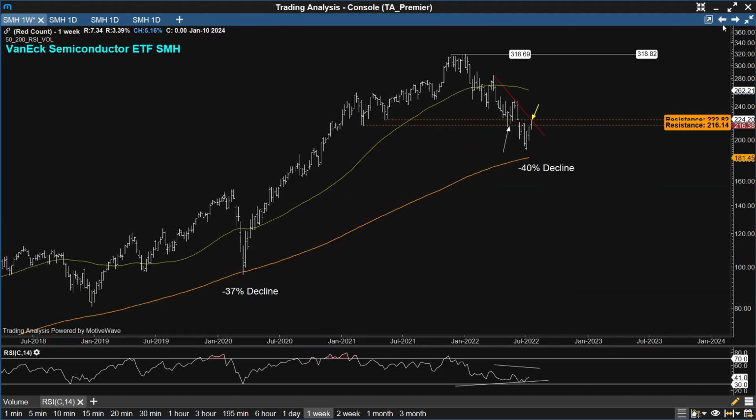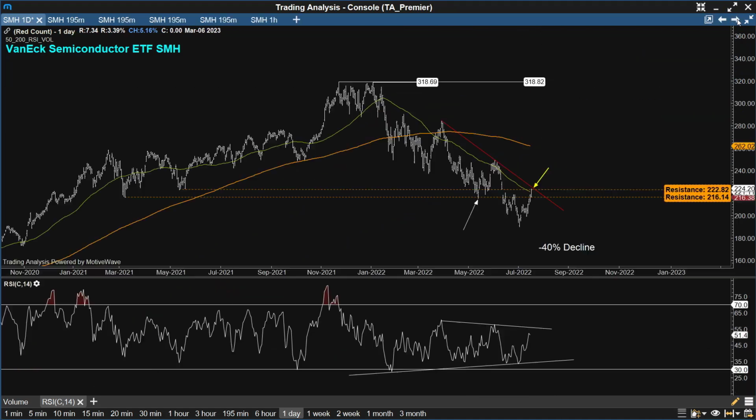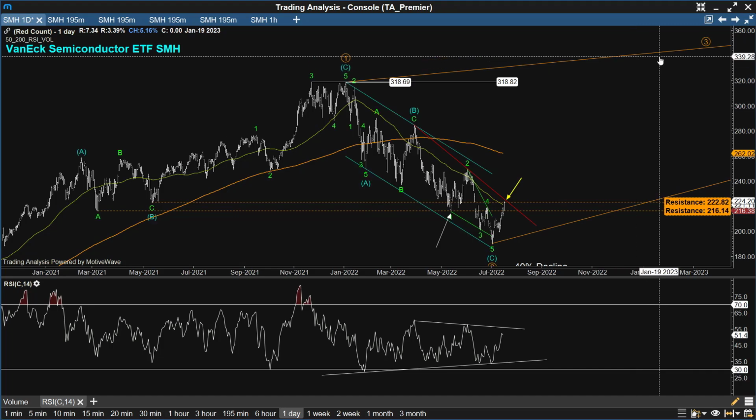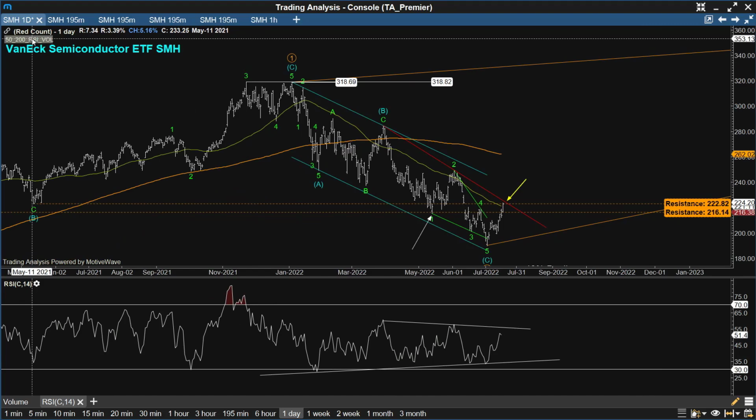I am a bit skeptical about the fact that we failed to reach the weekly 200 moving average, which historically has been a fairly key area of support. But just because we failed to meet the weekly 200 moving average doesn't necessarily mean that this correction is not complete. Now, working you from the weekly back down to the daily, I'm now going to introduce the more advanced technicals. Looking at the more advanced technicals, which includes our Elliott wave count for the SMH, I first will close